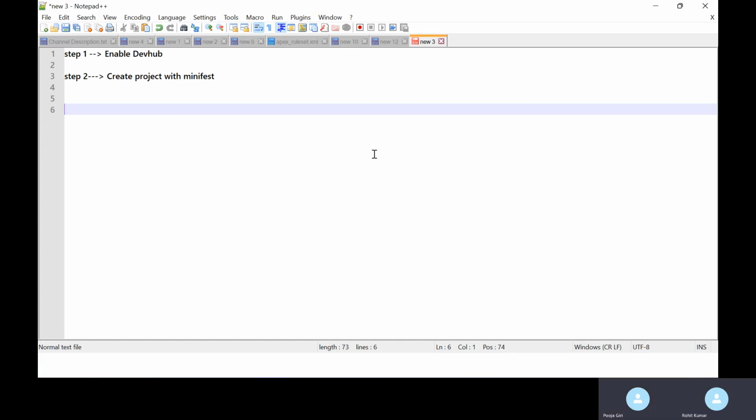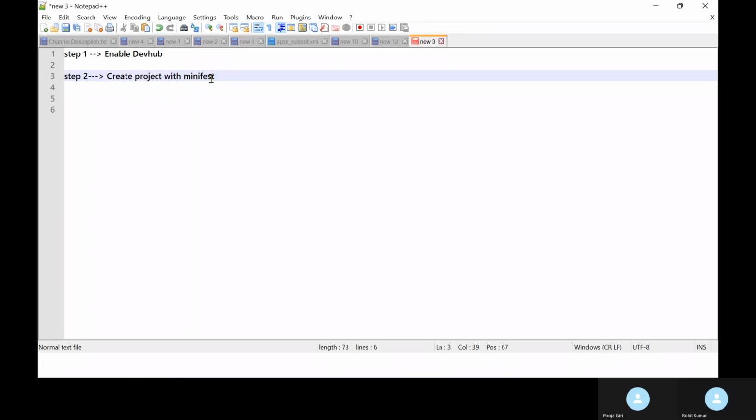Any configuration file, any metadata file related to your org is automatically created. Without Manifest, you have to create each and every metadata file manually. This is the difference.